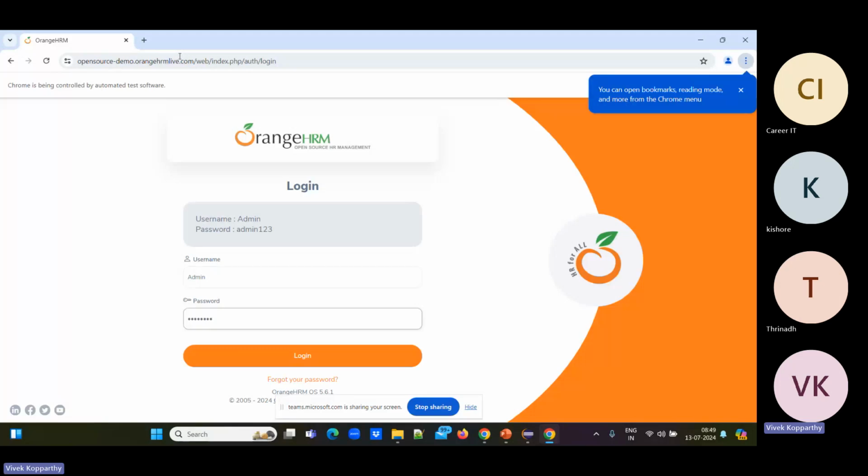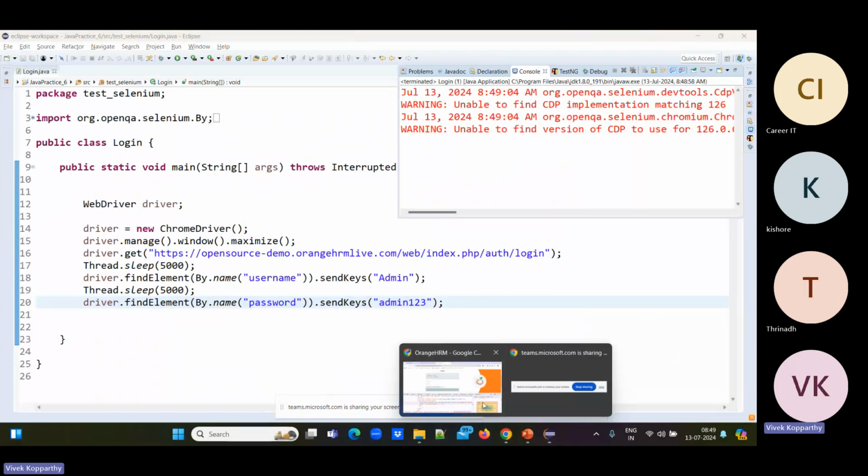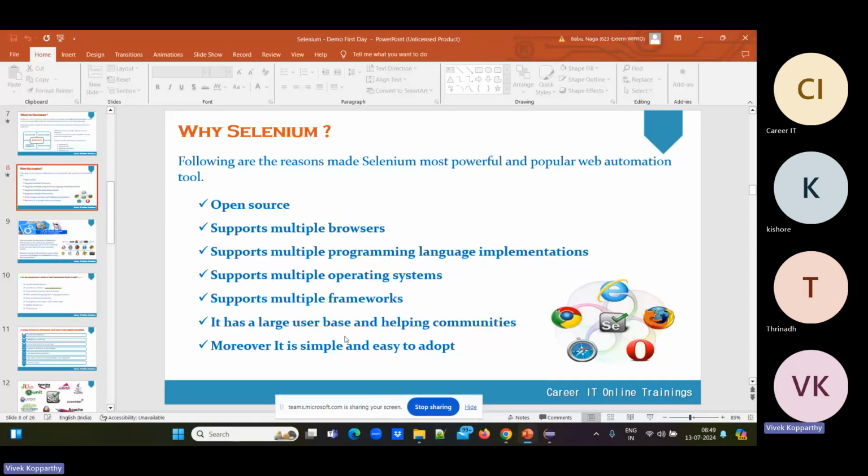See here. I will write a code to click on the login. Yes, I want to show how it's going to enter the username and password. So in this way, this is a simple scenario of how we are going to be automating in real time. So as part of Selenium, we are supposed to be